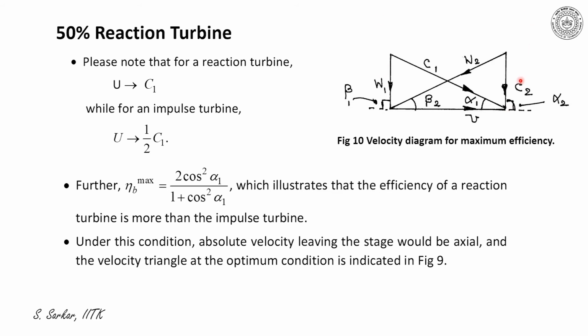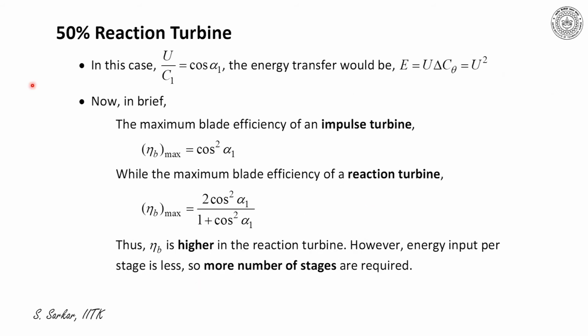If C2 is axial, being a 50% reaction turbine, C2 must be equal to W1, and W1 also would be axial. Thus, for the optimum blade speed of a 50% reaction turbine, U by C1 is equal to cos alpha 1, and the energy transfer would be E equal to U into del C theta. Now here del C theta would be equal to U, then E